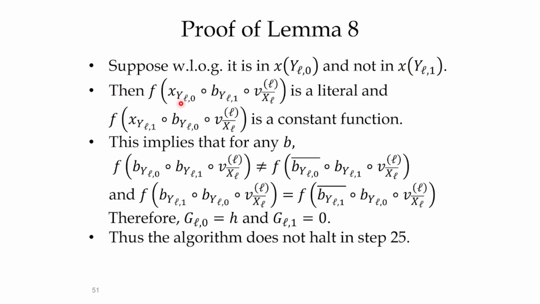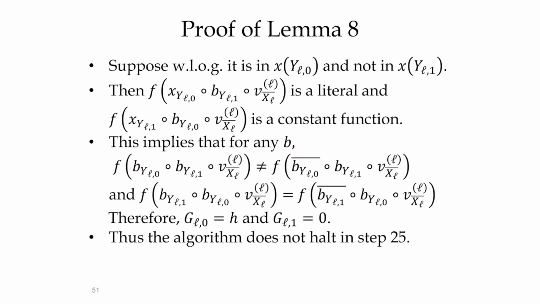Then f of X subscript capital YL0 concatenation B subscript capital YL1 concatenation V subscript capital X L bar powered by L is a literal, and f of the same thing, but we change the zeros to 1, like it's gonna be L1 and L0, is a constant function. This implies that for any B,